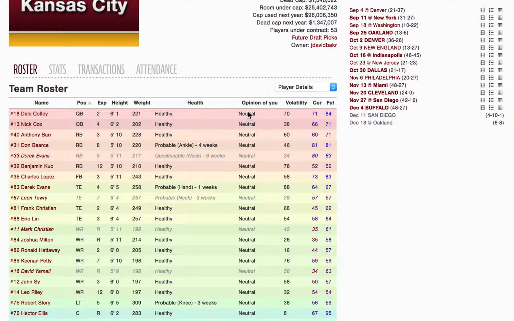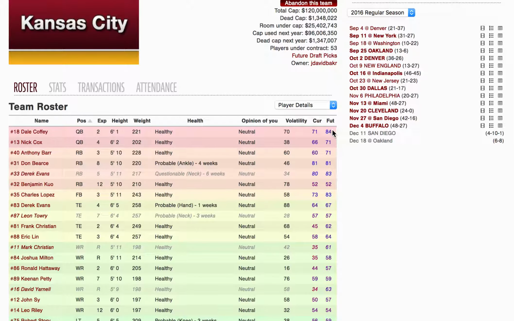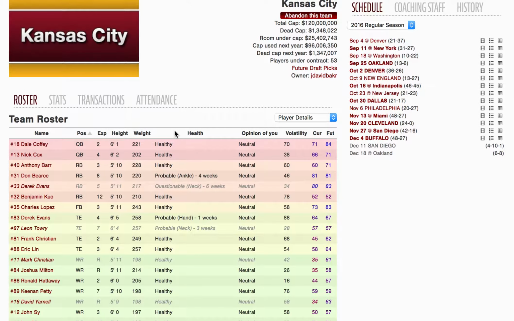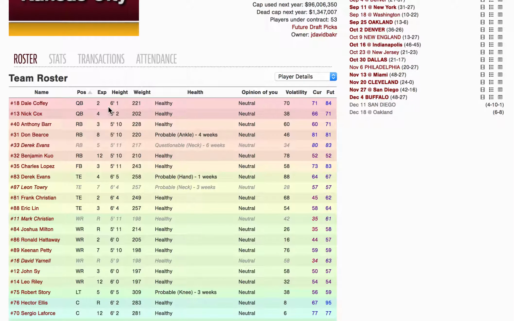As it degrades, it will eventually get to the point where he will just not sign with you again. So if you see him get down to unhappy, angry, and then livid, he's not going to sign with you. He'll also get upset with you if you cut him, which makes it really difficult to re-sign him. You can't easily cut a player and then sign him immediately. If you trade him, he'll get upset. So these are some things to think of as you're seeing his opinion. We talked about his volatility and his ratings. We'll talk a little more about what these ratings actually mean in the next video, but right now I'm just talking about some of these views in the roster.